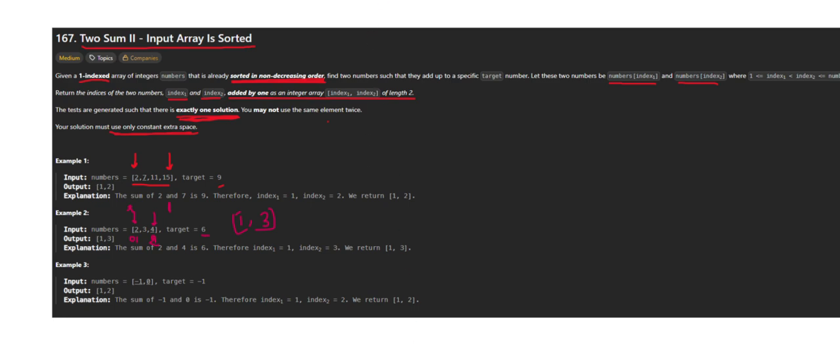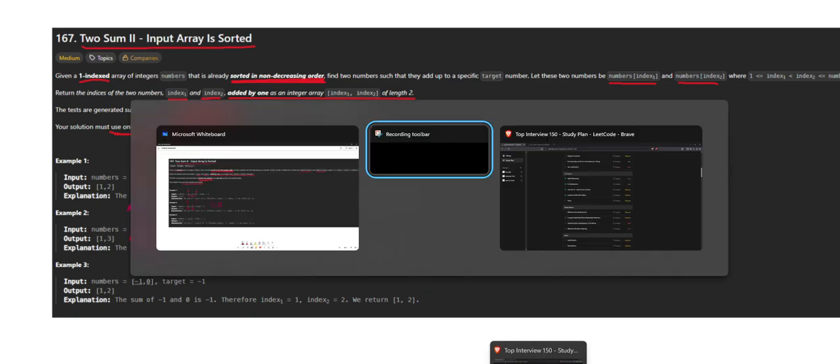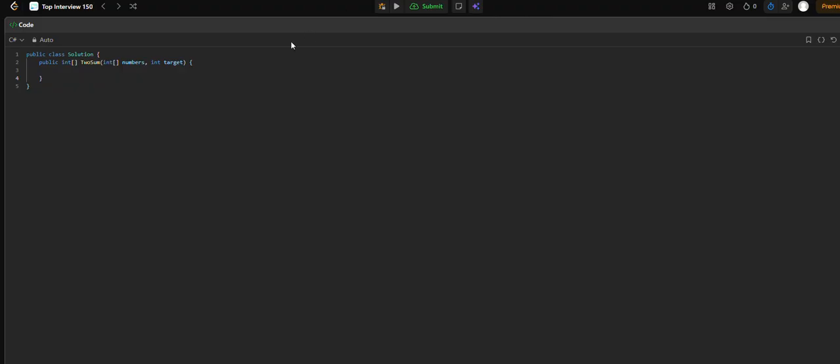Yeah, let's implement it in C# quickly. So we need to have two pointers here, right, which is equal to numbers.Length minus 1, and left equal to 0. Pardon me for the spelling. So these will be two pointers, one pointing to the left and the other pointing to the right. Then I will have a while loop where I'll say left should be greater than right. Since we can't use the same element twice, there is no need of an equal to sign there. Then we need to find a sum,